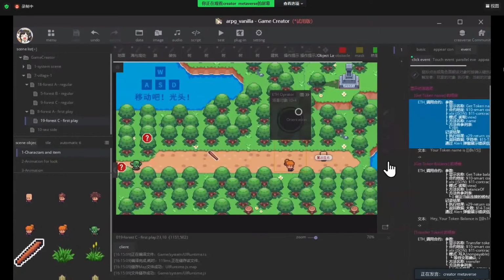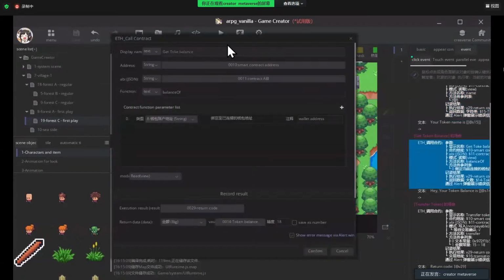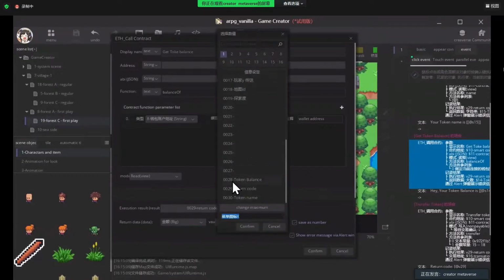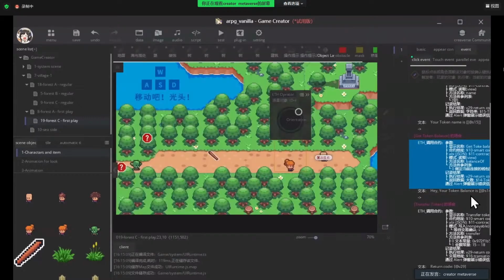Before we have a test, let's have a check for all of those settings. Get token name and write into the string token name. Sounds good. And get token balance. Get the token balance of the wallet address and read into the token balance. Oh, we need to save it as a number, and the number key return variable should be here: number 28, token balance, making sure this is the number.